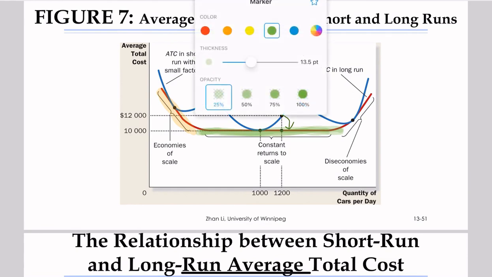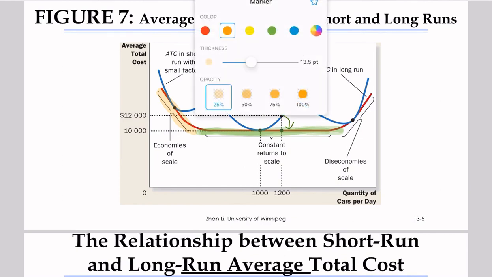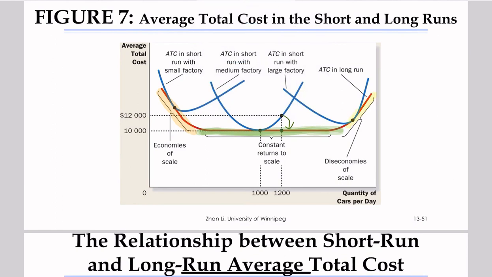And then we have this third section, marked in yellow color. In this case, you can see that as you increase the number of cars, then ATC will be larger, right? So, according to how ATC will change with respect to the quantity of cars, we would define different kinds of